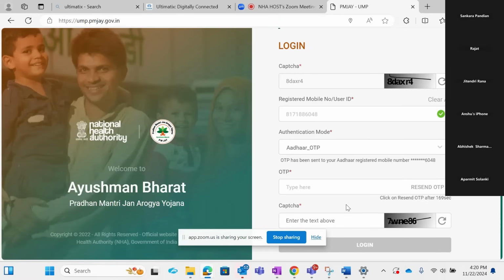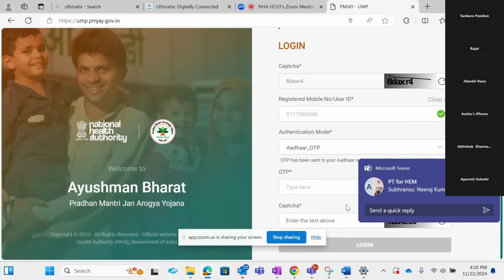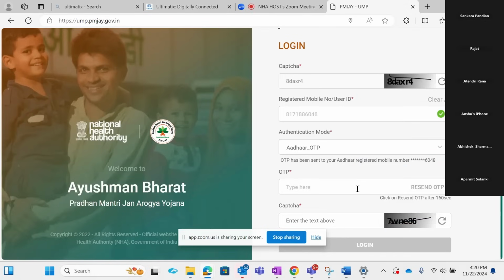In the 1.0 application, in HEM 1.0, what you do is you come to the HEM landing page, right? You create your credentials over there, you enter the facility details, like whether it is a private hospital or a government one, and you create your credentials then and there. So while empaneling the hospital, you are creating your credentials also, and those credentials you have to pass on to your next generation when a new person is going to come, right? But in 1.0, this issue is there. So now in 2.0, that issue is resolved.